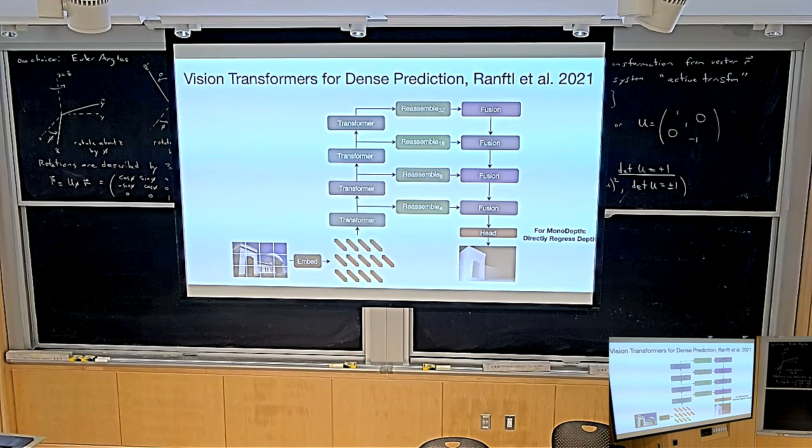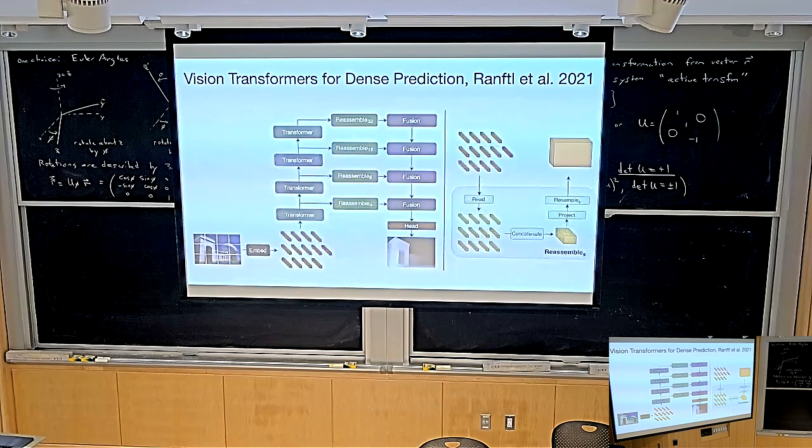They basically say, okay, we're going to have this reassemble block here that then allows us to predict a full resolution image out of it again. Let's see how that looks. Basically, what you do is you take your 16 by 16 patches, in this case 4x4 patches. Each patch has a token. And then you just concatenate them to something that looks like an image. So you concatenate them to basically what is a 4x4 image.